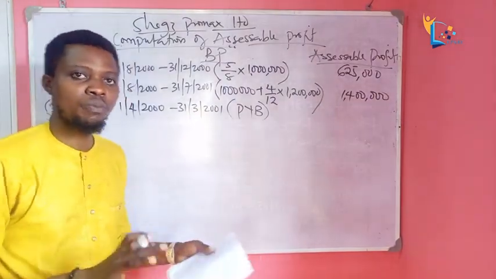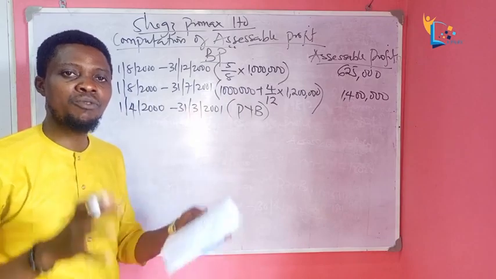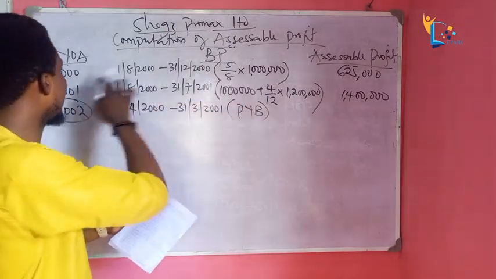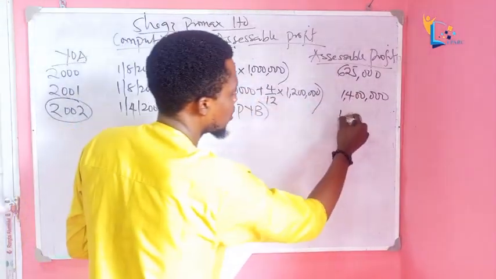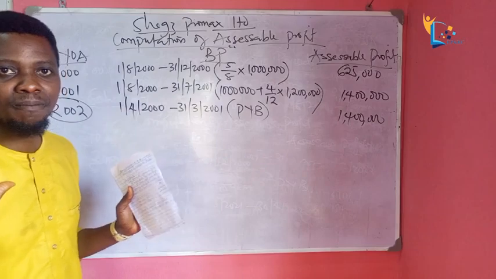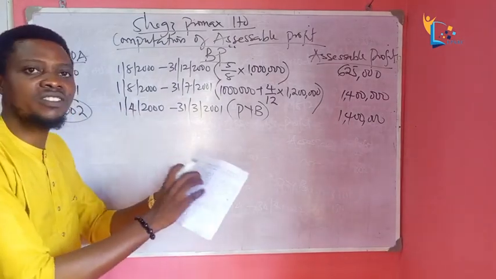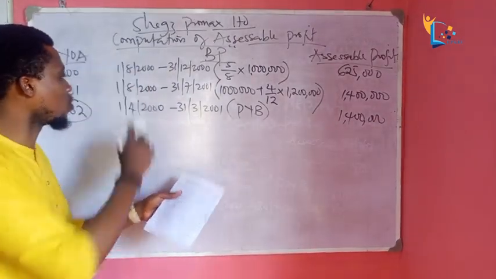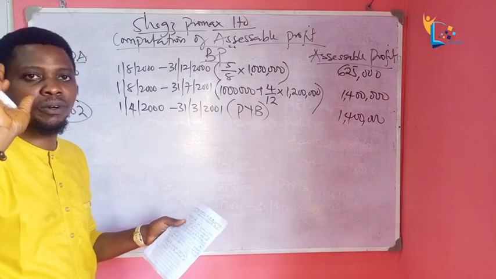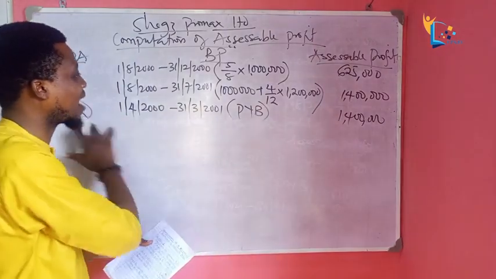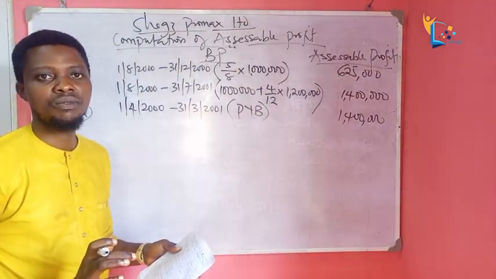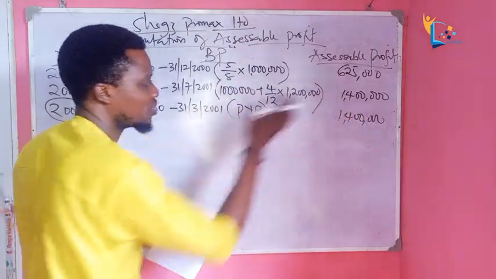So according to the rule, if you don't have information available for the 3rd year, simply repeat the information for the 2nd year. So you just come here, put 1,400,000. That's it. 1st of April is not here. The business commenced 1st of August, and this is 1st of April. So there's no information available from 1st of April. So that automatically cancels the preceding year basis rule for the 3rd year. So now we just repeat what we have on the 2nd year.